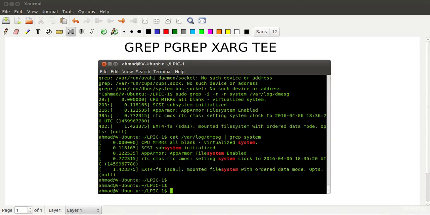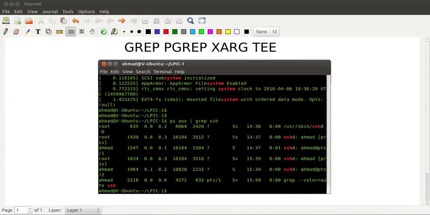Now I know on this system the SSH service is running, and I want to see what the process ID of that SSH service is. One way to do that is if I type in ps aux and then I grep the ID or the string of that process, I see that the SSH daemon service is running and its process ID is